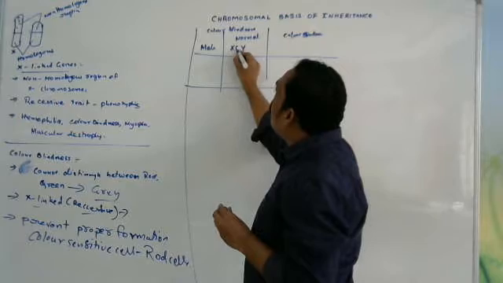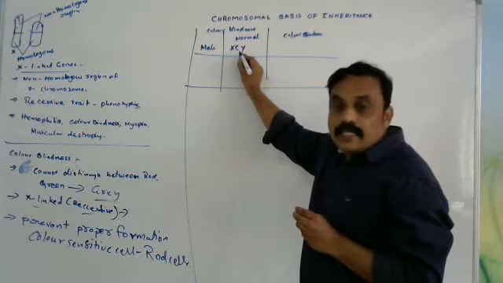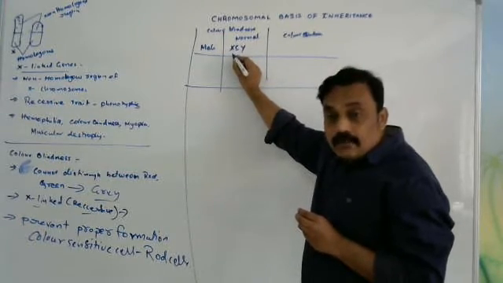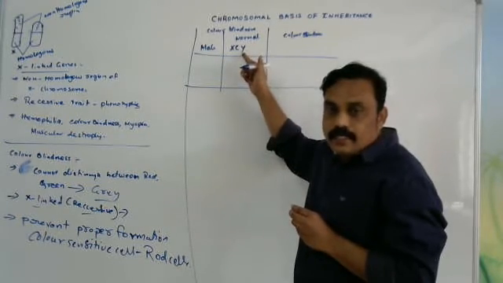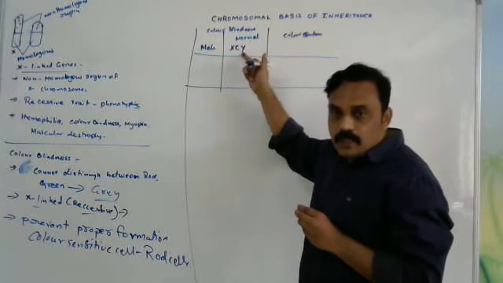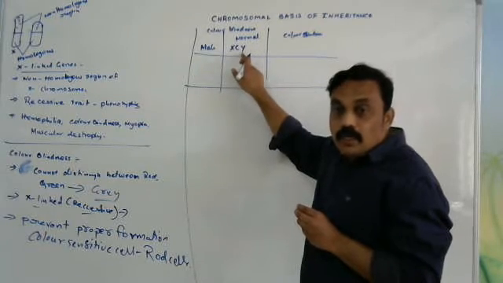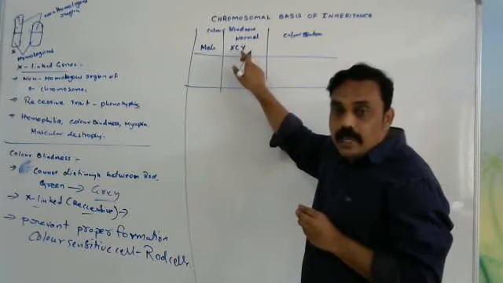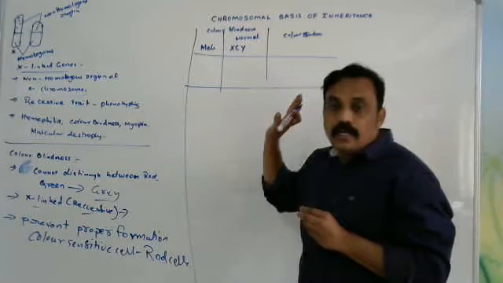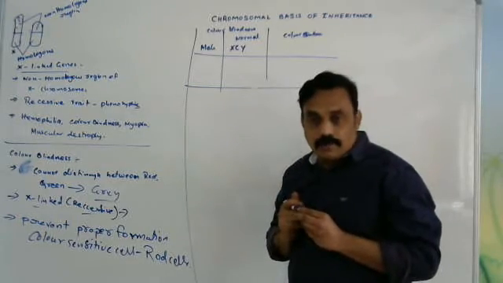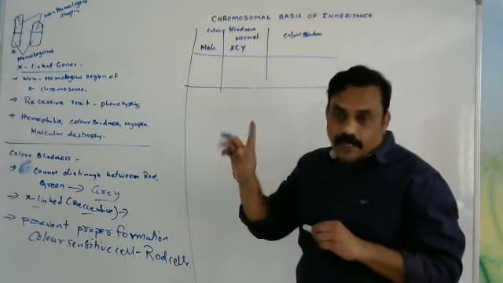And capital C represents what? C means color. So I am keeping the C in the middle of XY, the chromosomes present in the XY pair. In that chromosome, a normal person has X, capital C, Y. Capital C represents normal vision, meaning they don't have color blindness. So that is XCY.